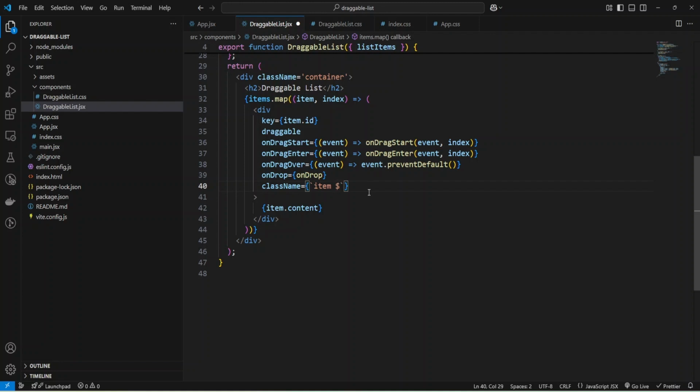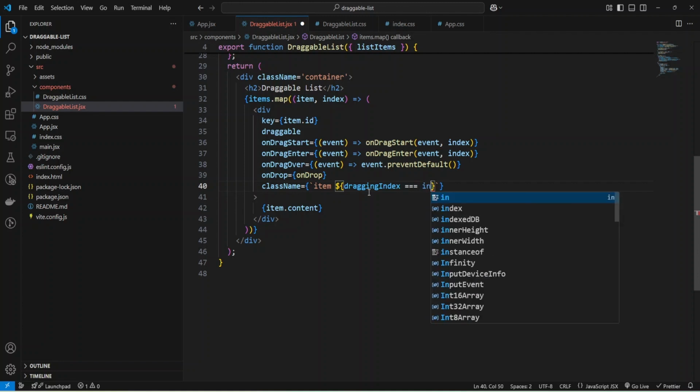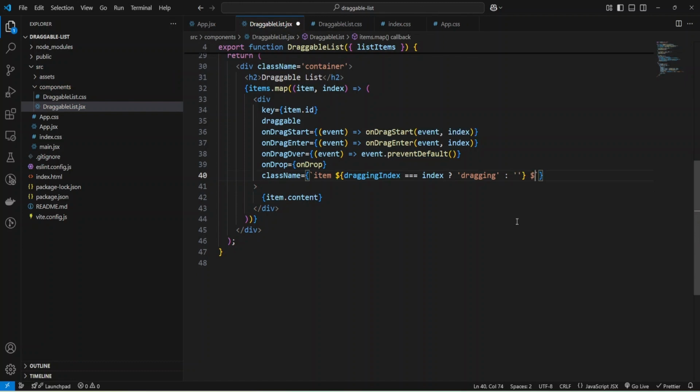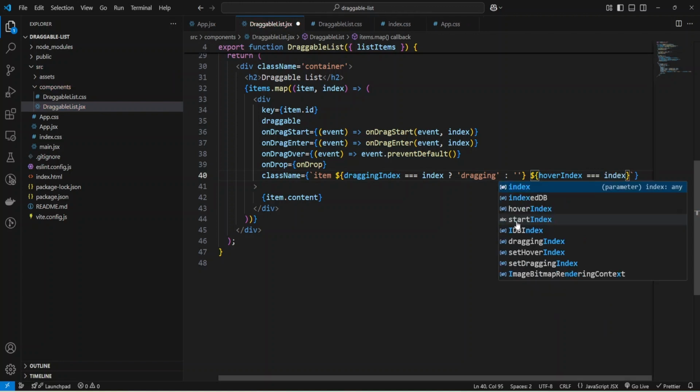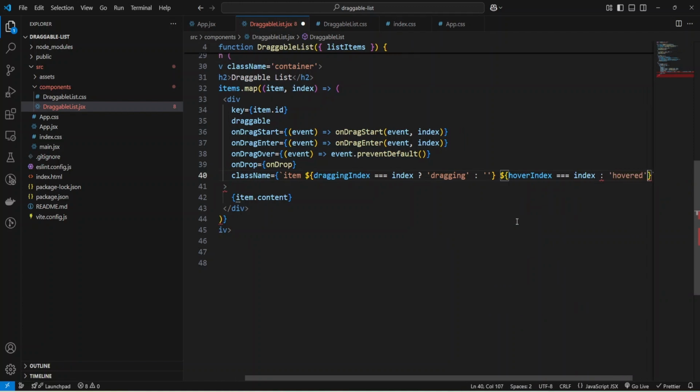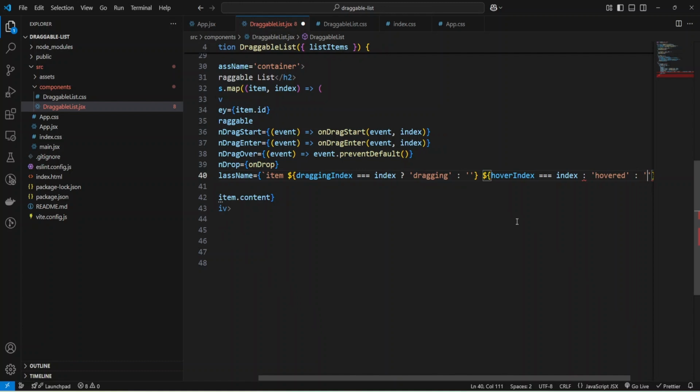I'm going to check if my dragged index equals the current index of the array, then I'll provide the dragged class, and otherwise I'll provide an empty class. And also we need to check hover index. If hover index equals index, then I'll provide the hovered class, and we'll provide an empty class otherwise.